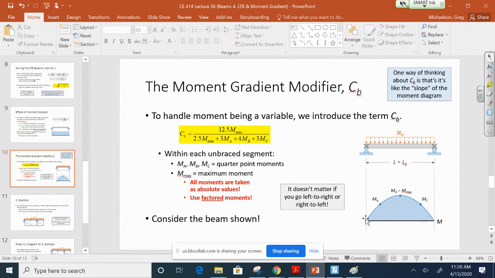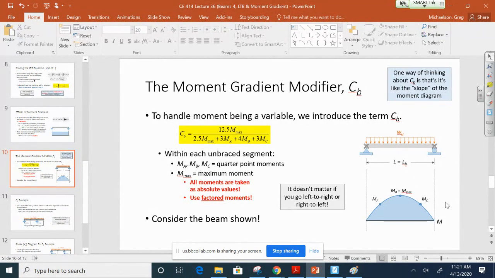Here's the moment diagram. That should be pretty familiar. So you again break it up into quarter points, M_A, M_B, M_C, and then M max is the maximum moment within the entire segment, which also happens to equal M_B. Okay. Also, if you look at this, M_A and M_C just by symmetry are also equal to one another. So that's only if the bracing is at the ends. Okay. So if you look at your homework, I actually give you a problem very, very similar to this,